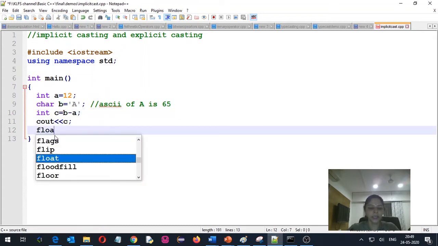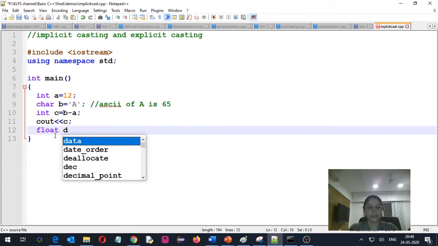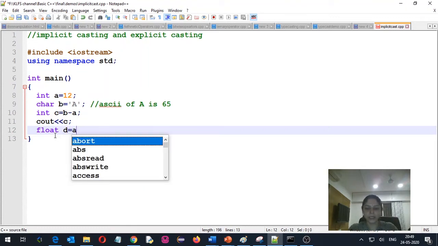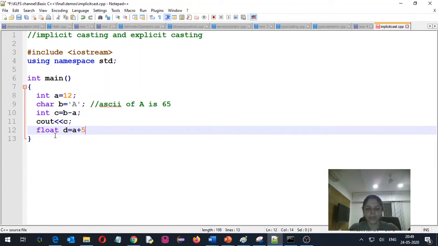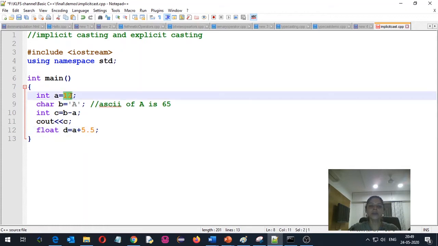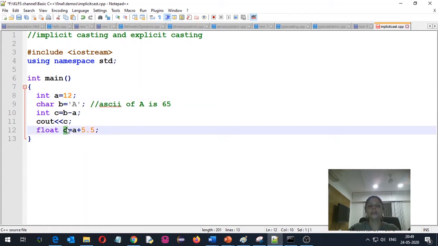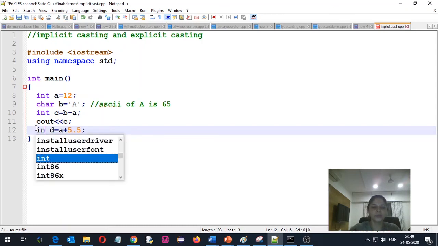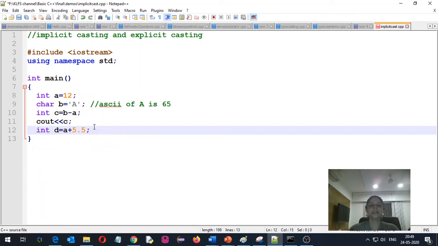Similarly, if I am writing here float d is equal to a plus 5.5, I am trying to add a float number to an integer number. So it will convert this float number into an integer, then add it to 12, and we should get the answer 17. Now suppose the type of d is also int, so I should get the answer 17.